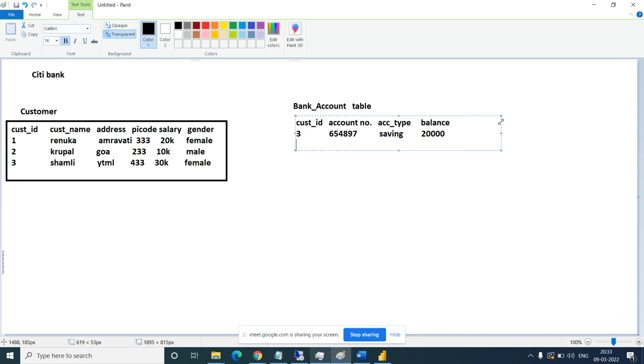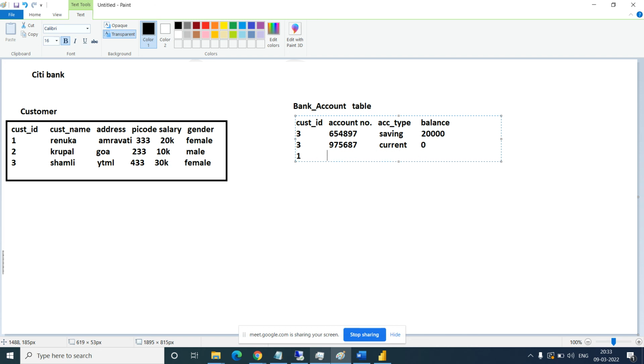Then again, one more account number for the current account. One person can have two accounts, a current account and a saving account, both in one bank, and there she has 0 balance.